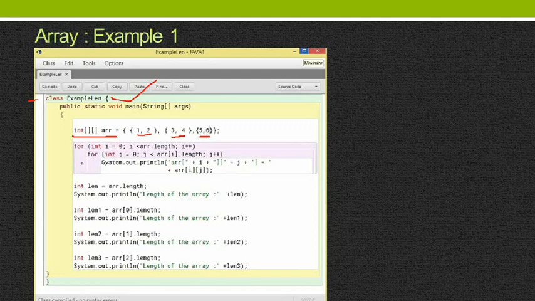Now we have used two for loops for printing out the elements of the array as well as the length of the array. Here array dot length means how many rows it has. It has 3 rows, so the loop will continue 3 times. Now here we have used some different way, that is